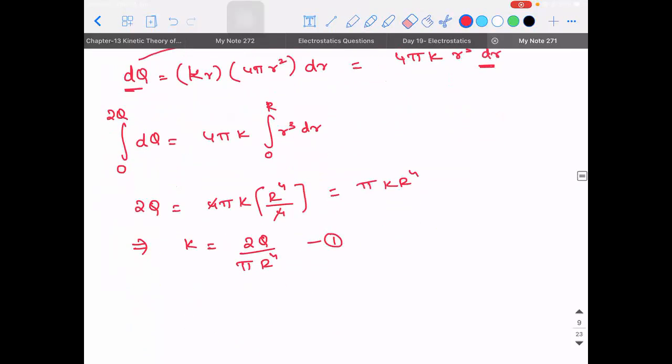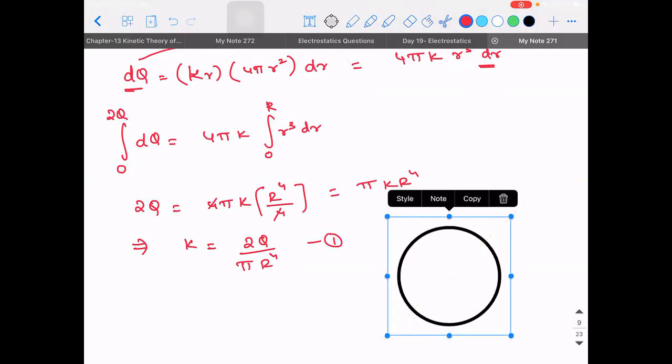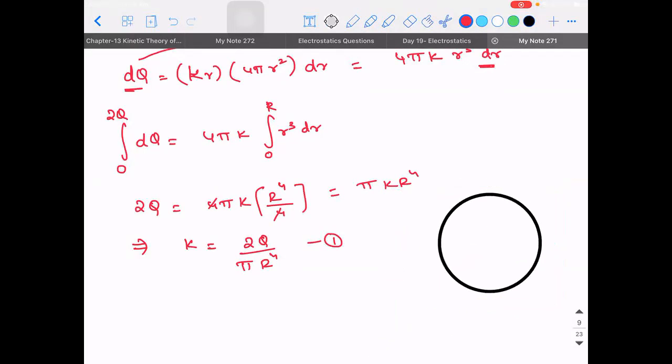With respect to this sphere only, with respect to the same sphere, let's try to visualize it diagrammatically again. So what are they saying with respect to minus q? Minus q and minus q are placed on diametrically opposite ends with respect to the center, such that these two charges do not experience any force. So how do I find the force experienced by those objects?